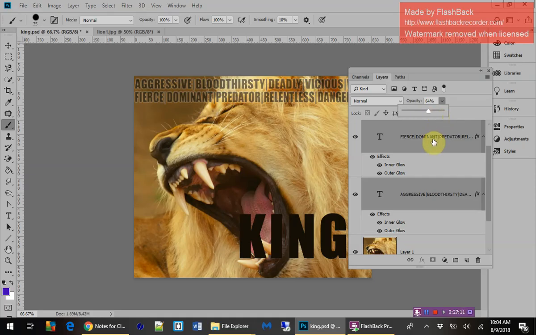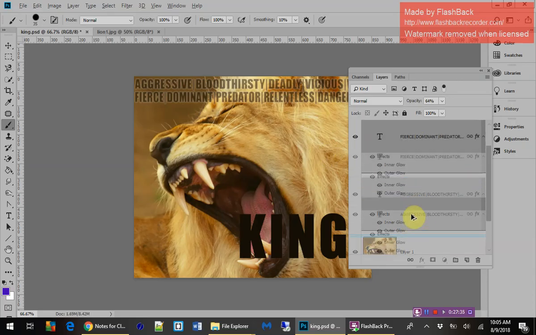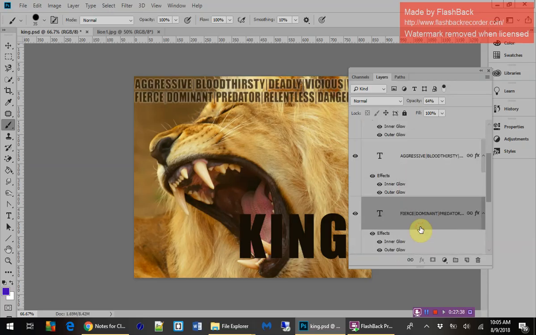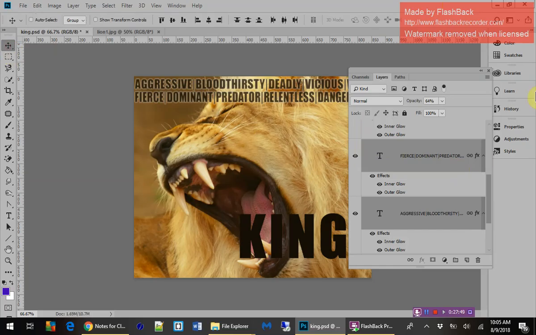You got these two, and then what you can do is you can link these two together. This is another one of those tricks that you can do by clicking right here, and that links those two together. Now watch this trick. I'm going to hold down my Alt key, and I'm going to drag it down or drag it up. Nope, let's go down. And what I just did is I made a duplicate of that, and then with my Move key, what I'm going to do is I'm just going to